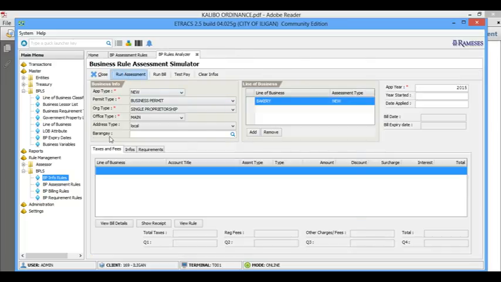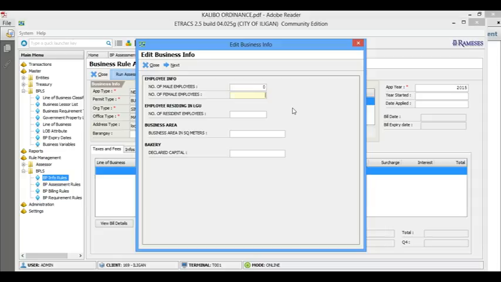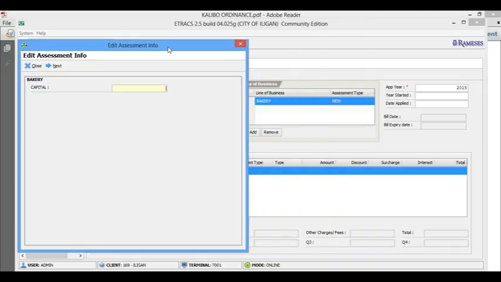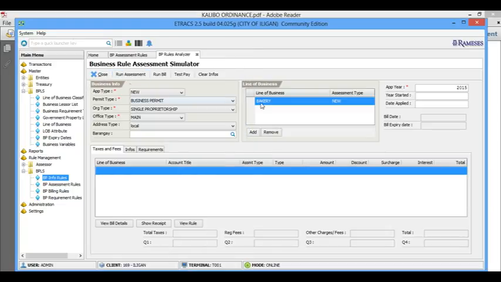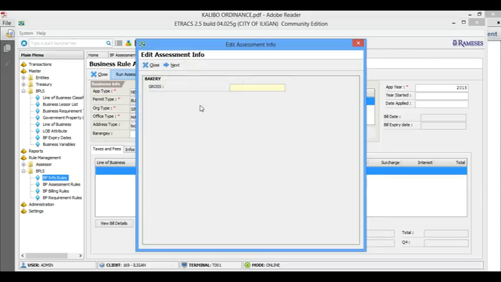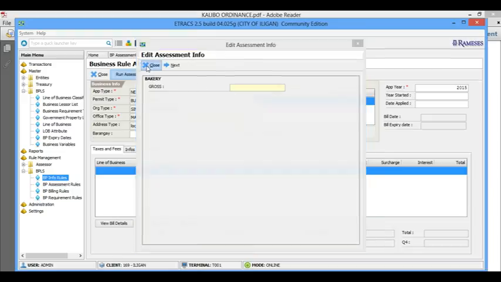Okay, so let's run again. Normally it will fire the rules for the unified form, and then when you click next, it will fire capital because this is new. We specified that the line of business is new, so it will be capital. Now let's try to change it to renew. If it's renew, let's fire again, same information. Then click next, and it will be gross. So if you're doing this, it's correct. Okay, we'll try for the retire.